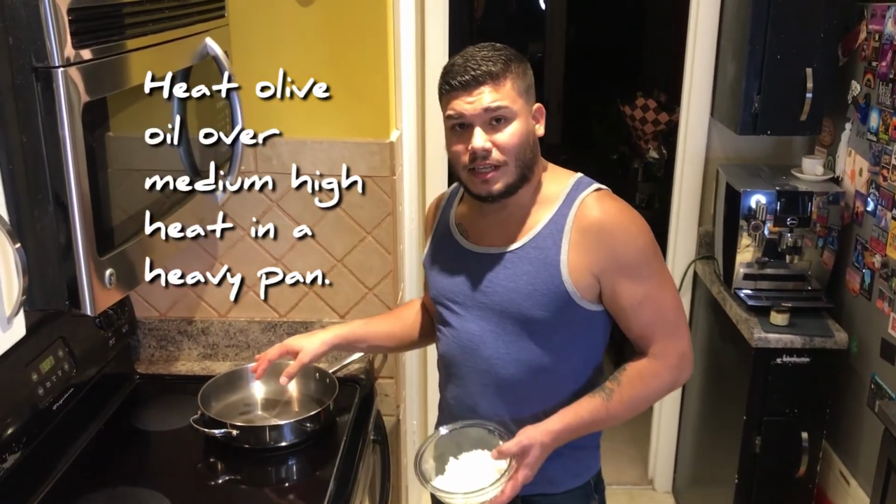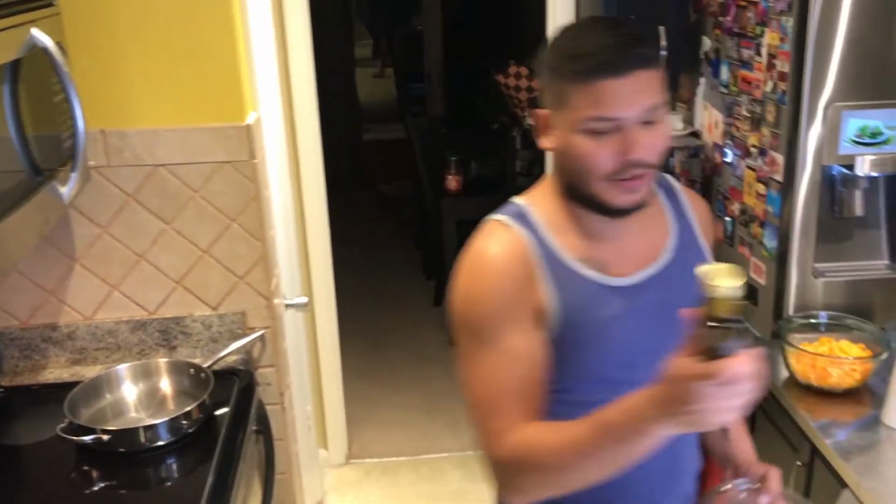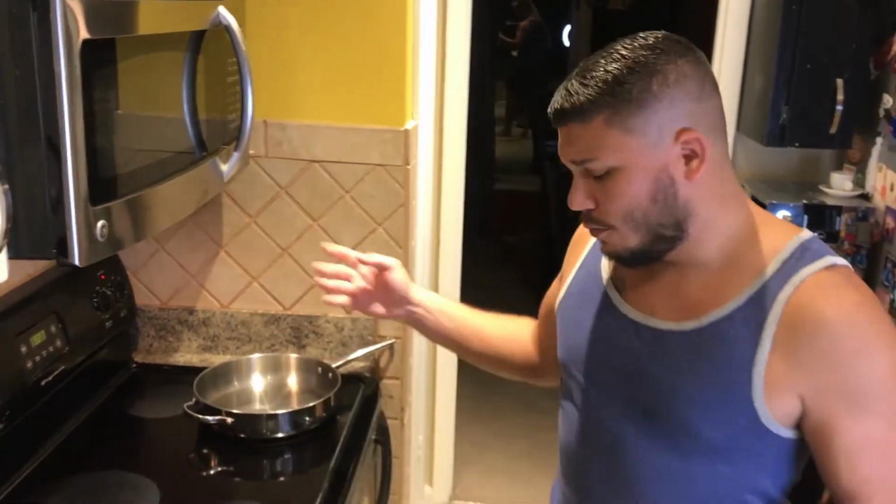So let's go ahead and start cooking. So we start off by heating olive oil inside of a heavy pan. I used this olive oil from Greece that I bought. You won't find this in the States. This is very old. I mean, this olive oil comes from a very old tree. The tree that it came from is more than 4,000 years old, and you can see that video on my YouTube channel or my Facebook page. But we start off with olive oil, and we